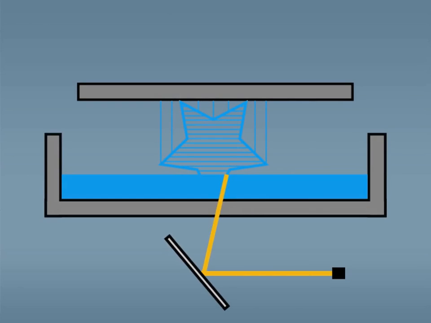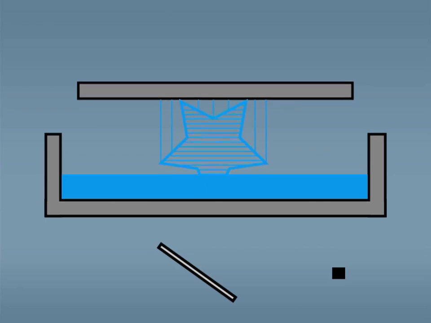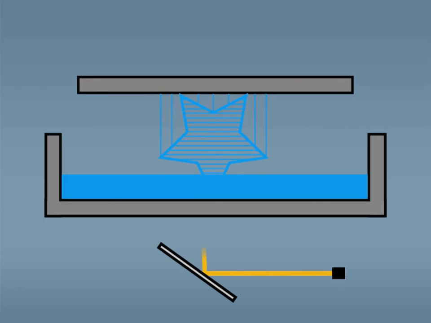In this process, a pool of liquid resin material has an ultraviolet laser that moves and projects the light into the areas that make up the solid model. X and Y scanning mirrors control the position of the laser. The material at this location in the resin pool then hardens and bonds with any other material that's been hardened beforehand. The laser will harden all the material in a single layer, and then the build plate will move in